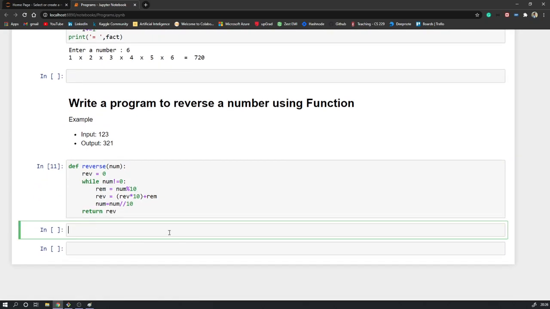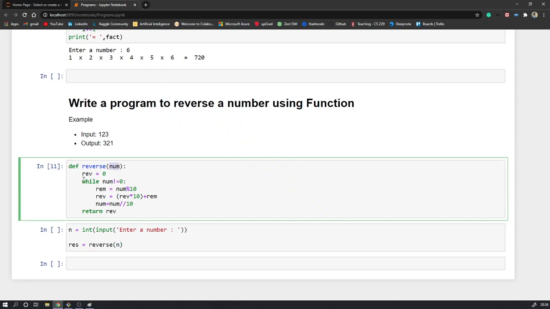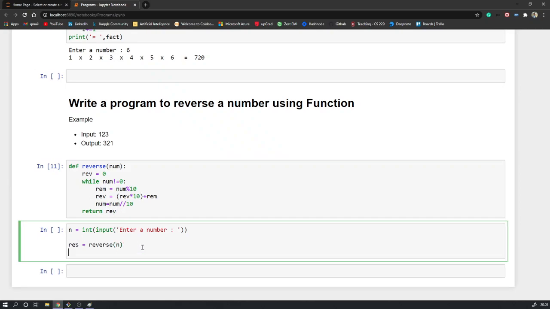Now I have to get the input from the user. I'll say n is equal to int, and I'll get an input, and I'll ask the user to enter a number. The user will enter a number, and I have to call this reverse method and pass this n. That n will be stored in this num, which will perform this reverse logic and return me the reverse number that will be stored in res. Then I can finally